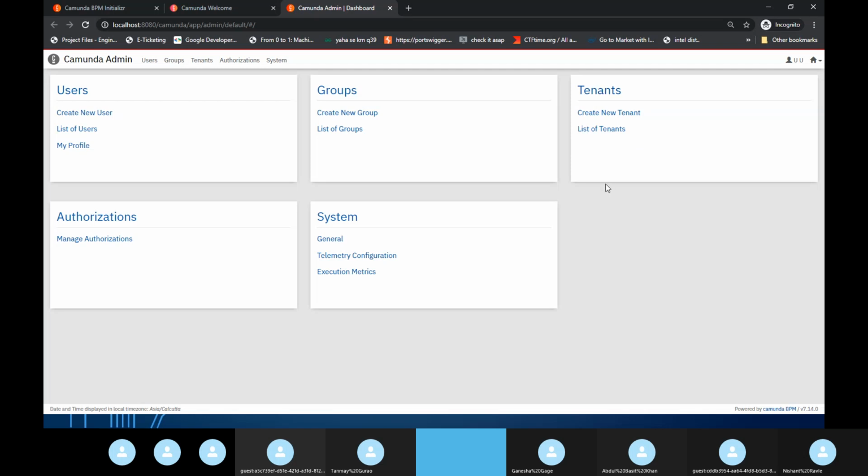Okay, so tenant. When you're developing a workflow, you will be developing this workflow not only for one client. If you develop a workflow to achieve some objective, that objective will be required by company one, and that same objective is also required by company two. So it's not like you are going to develop the workflow again and again for different companies or different clients, correct?